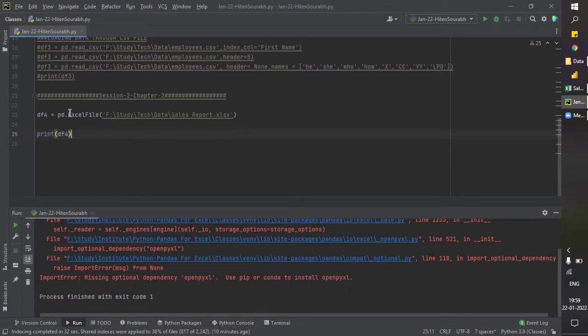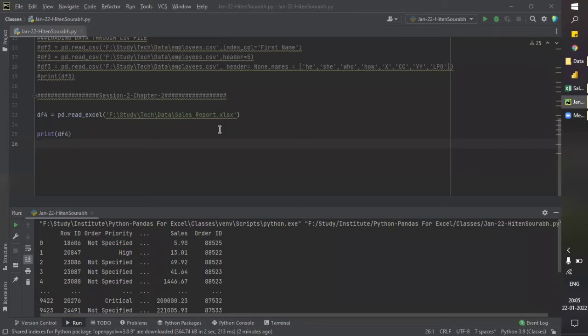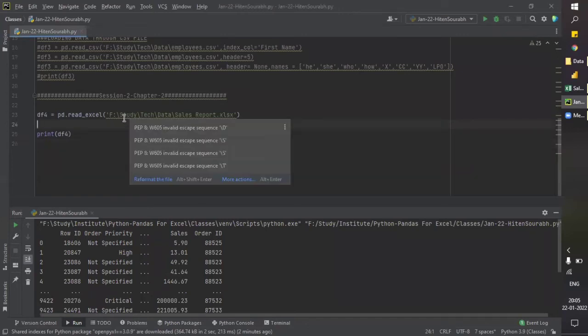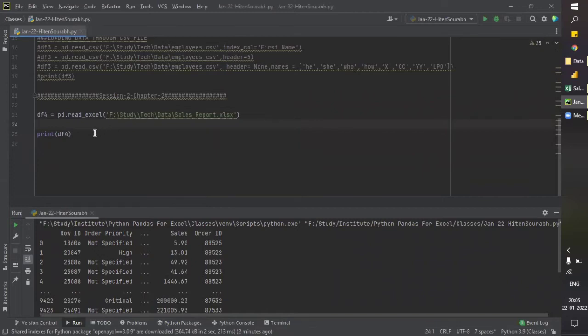What's happening? So there was a small issue: one of the packages was not installed, so I installed it in PyCharm, and now we have this file.